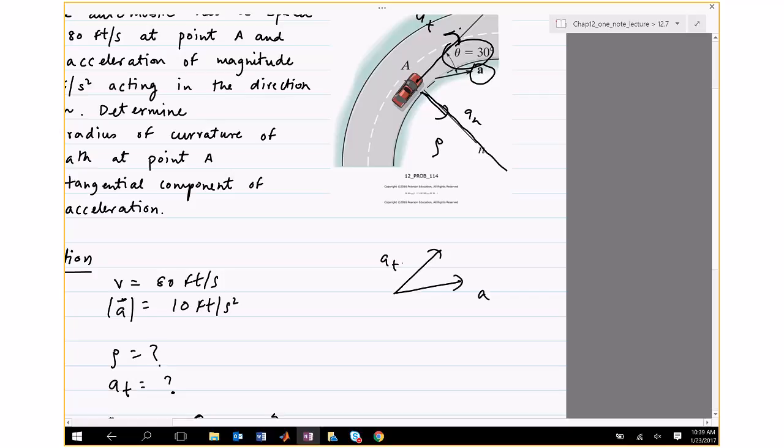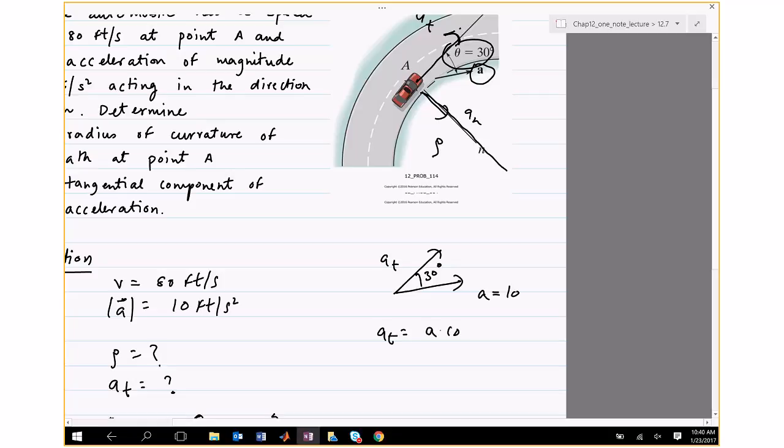At 30 degrees. Okay, so I know that A is 10. I know the angle is 30. I don't know what A_T is, and just by looking at this figure, can you find what A_T is? So A_T is